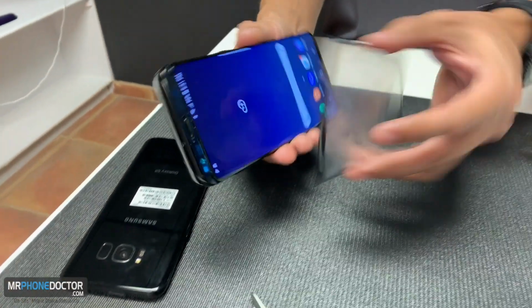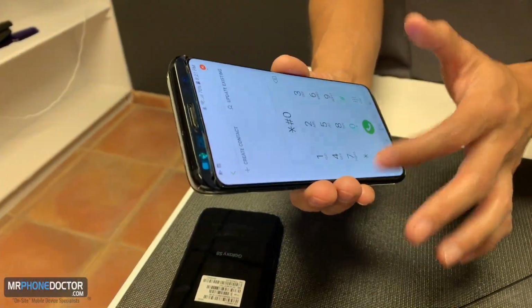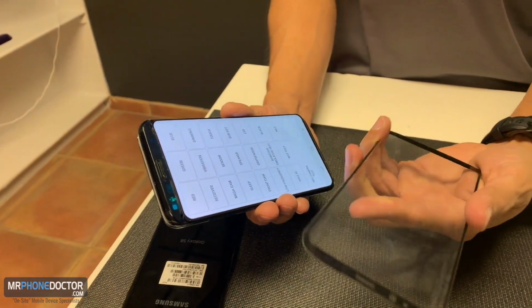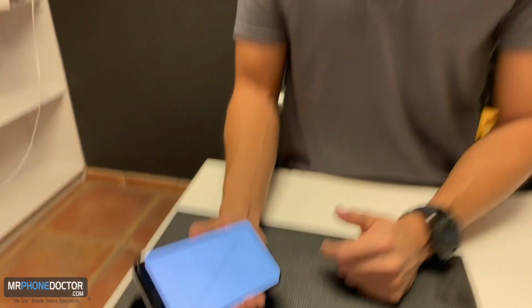Now most of the time, if you notice here, your screen is good. There's nothing wrong with it. Everything is working. Touch is working. So what you want to do is just replace the glass. So we'll go ahead and do that for you guys at a fraction of the cost that all these other guys are charging you. But while we're in there, if you do have any other issues, we can also replace